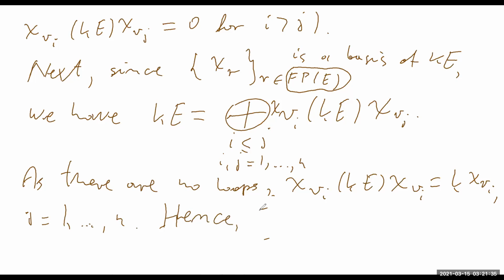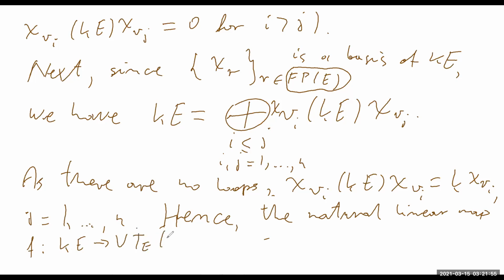So hence, the natural linear map F from KE to this UT EK, given by sending chi P to